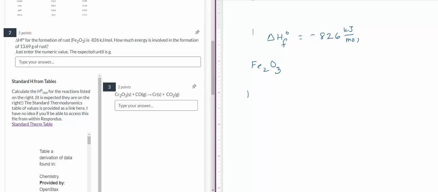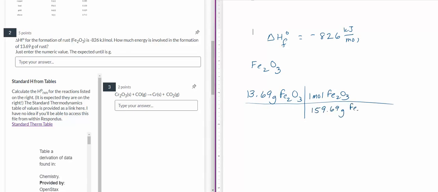So we're going to start with 13.69 grams of rust, Fe2O3. Now, 99% of the time you see grams, you convert it into moles. So we're going to need that molar mass. 1 mole of Fe2O3 has a mass of